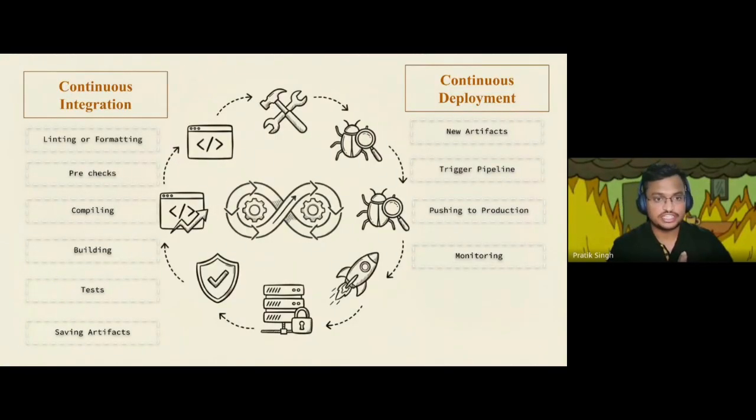The very first phase at any company or any open source project is a linting or a formatting job. So as soon as you submit your work, the first thing that happens is it makes sure that, hey, is the code perfectly oriented or not? Is the alignment correct or not? Certain companies use different parameters to make sure of this.